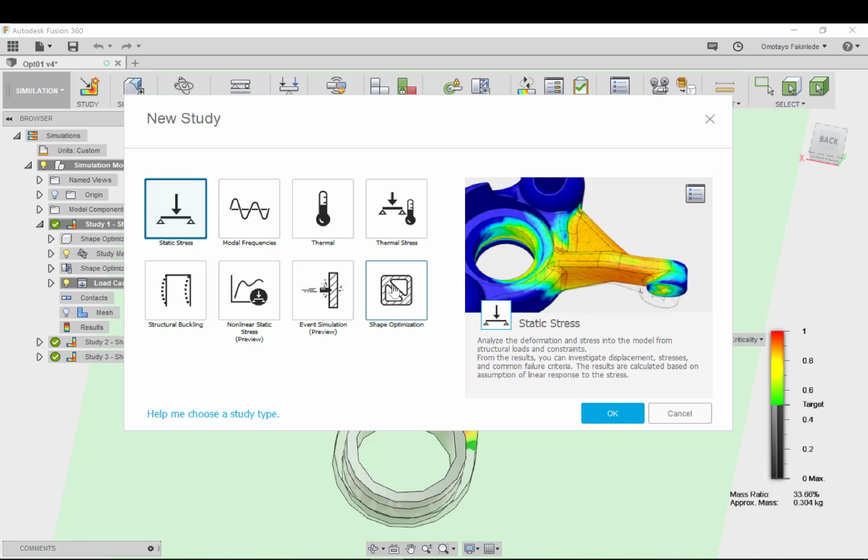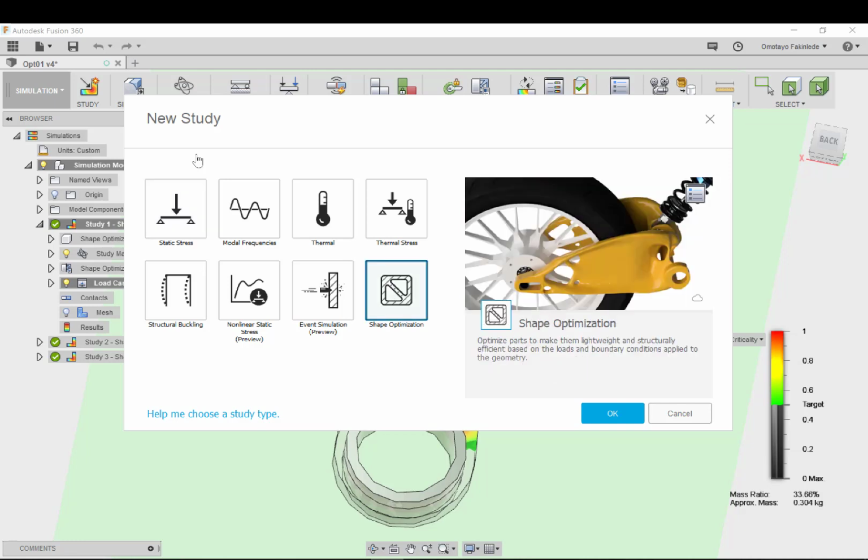And this shape optimization is located at the bottom right corner of the grid of icons that you are presented with. We select that.